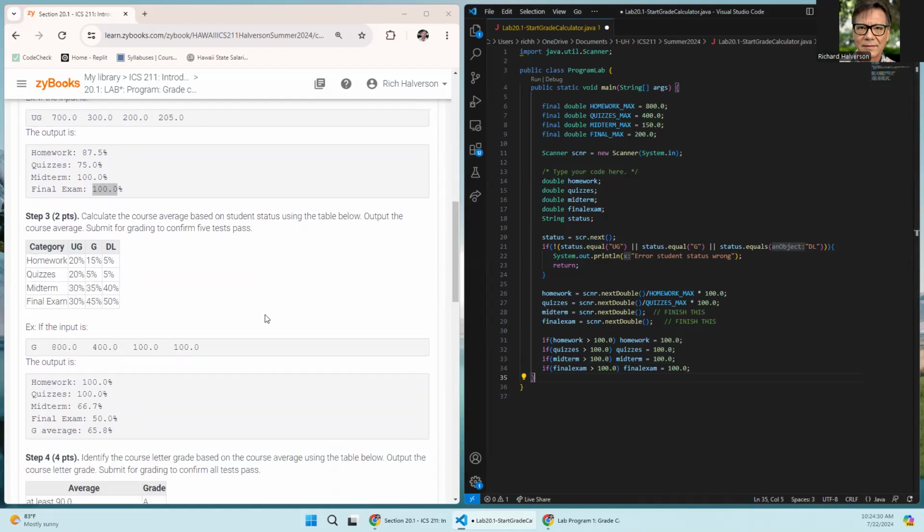All right, and then we got to calculate the scores based on the student status. Okay, so based on this, it's going to be one of these three now. By the time we're down here, it's going to be one of these three. So we want to do something like